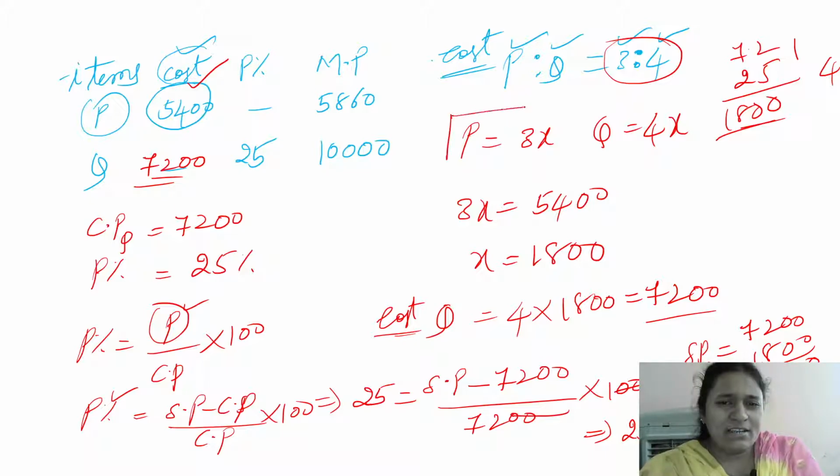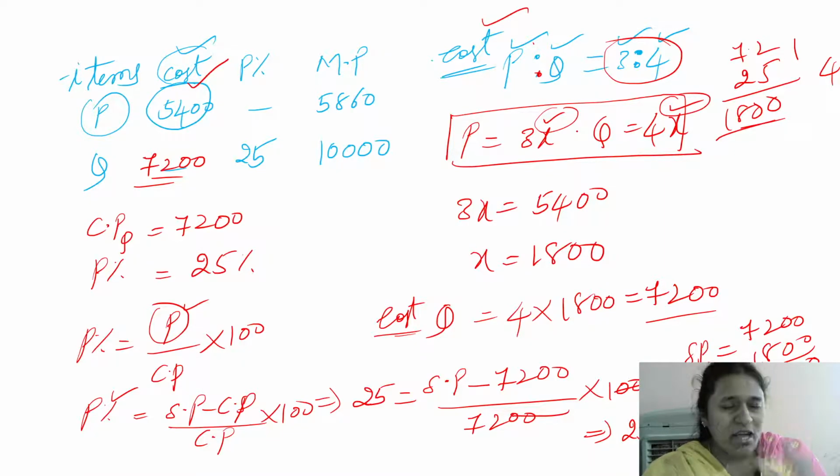This is the logic here. We know the ratio of cost prices. If we split the ratio, we have to equally distribute that ratio. That's why, since we don't know the actual cost, we took the common variable. That's how we have to split the ratios. If we are splitting, we have to multiply these numbers with the very same variable, the same value, right?